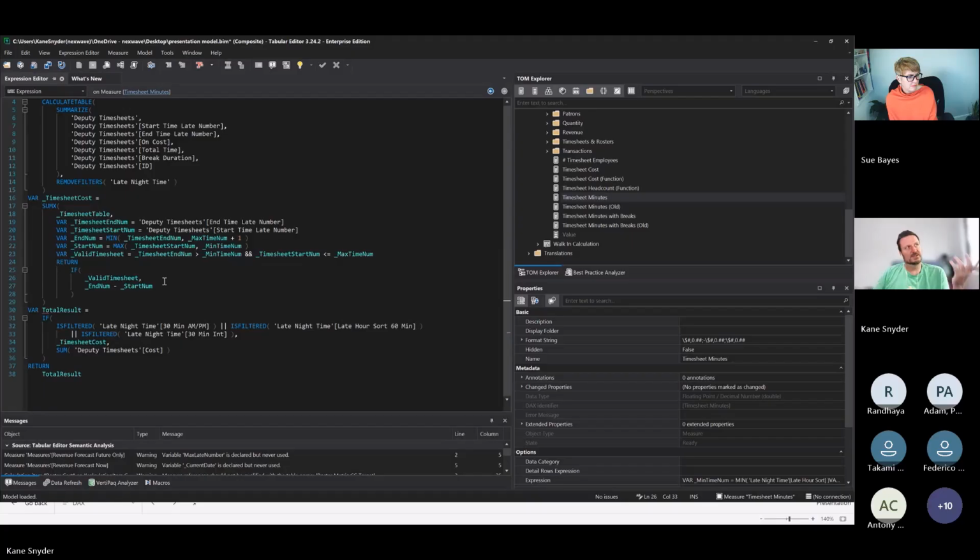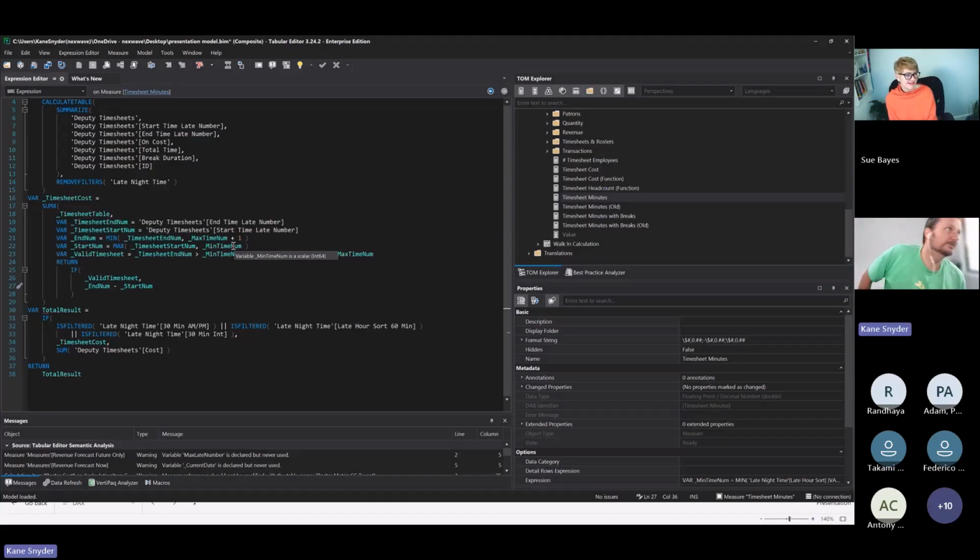So there's one other thing, which is this +1 here. You might think, why is there a +1 on the end number? That's because, like we said, we have 1 o'clock, and then the end of 1 o'clock's filter context on the axis is 1:59, not 2 o'clock. But if something spans that entire part there from 1 till 2, we want to count it as 60 minutes. But if we say that the end is 1:59 and the start is 1, and we do the minus, the minutes away from each other, we'll end up with 59, right? So we need to add on 1 to make sure that we get 60 minutes for that.